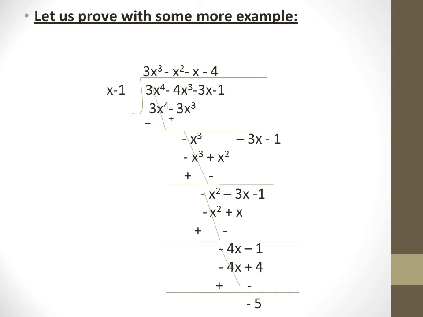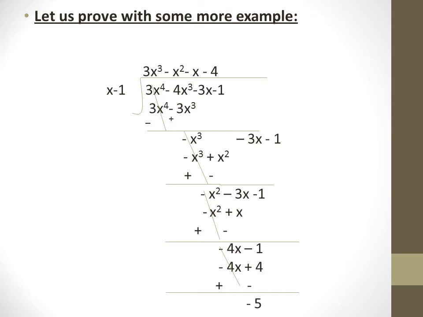The first term is 3x raised to 4. The first step was to arrange every term in the polynomial in descending order of their degrees, but here the polynomials are already arranged in descending order, so that step is skipped. Let us move to the second step, which is to find the first quotient. Divide the first term in the dividend by the first term in the divisor. You will get 3x cube. Do try it out.